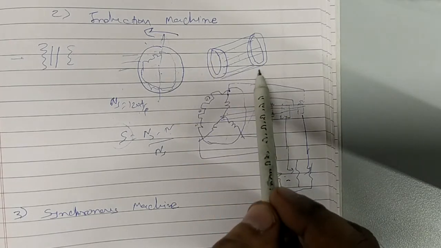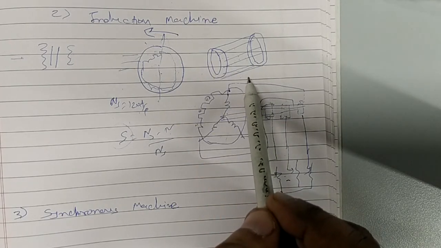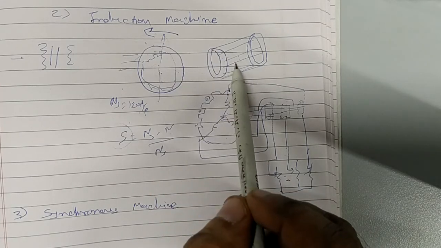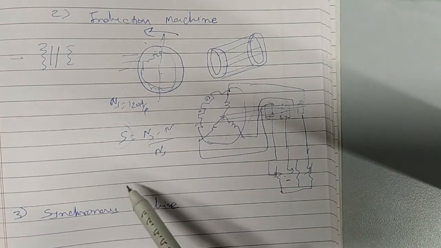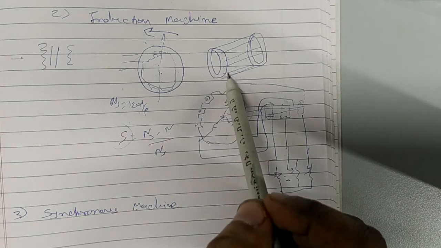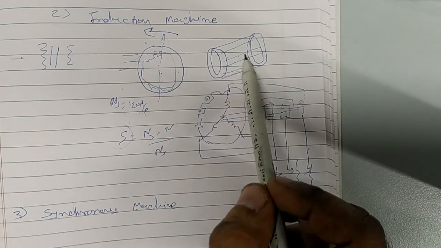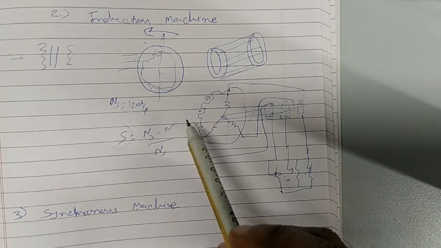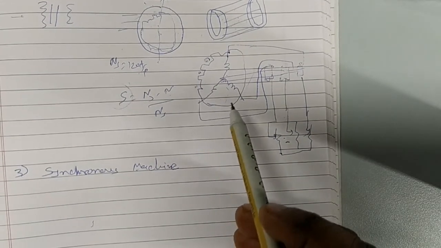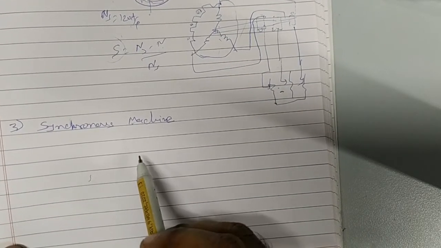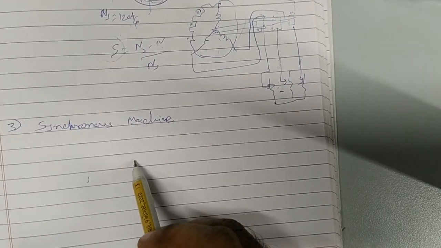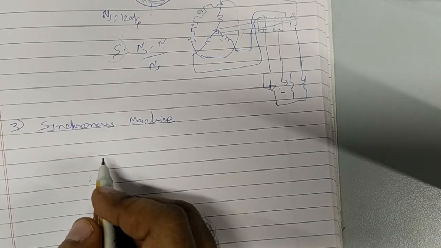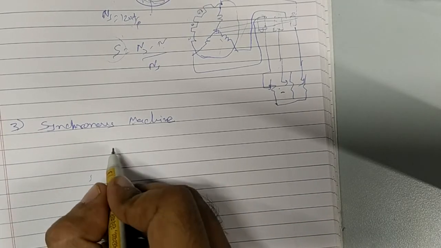However, this rotor will fail to rotate at synchronous speed. That is why we need to change this structure. So in a synchronous machine we are changing this structure. We will not use a squirrel cage type of rotor or slip ring type of rotor. We are going to use another type of rotor. As a rotor of a synchronous machine, we have two different types: one is the salient pole type of rotor and another is the non-salient pole type of rotor.